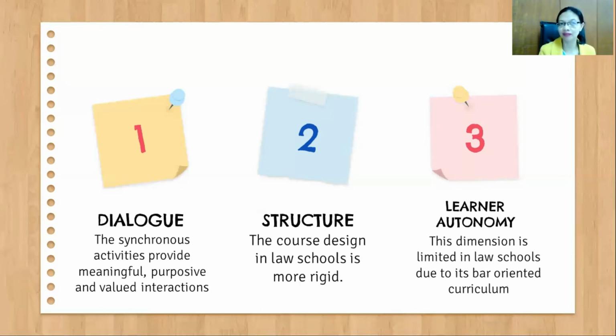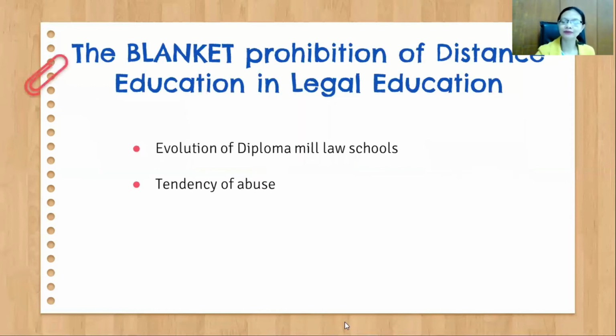The different capacities of the learners to decide on the progress of their learning is limited in law schools. And another important item that we discussed with Attorney Subkang is the blanket prohibition of distance education